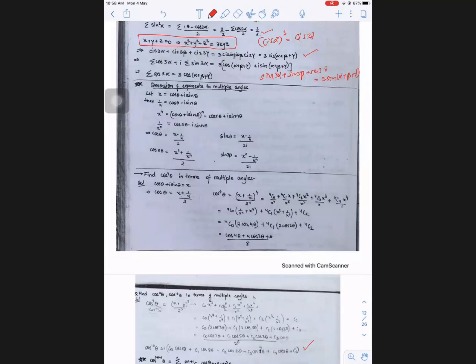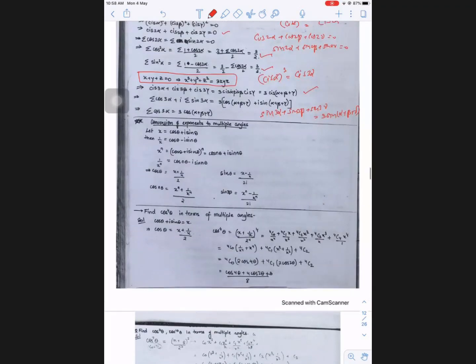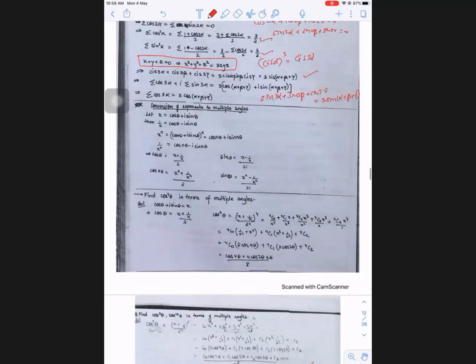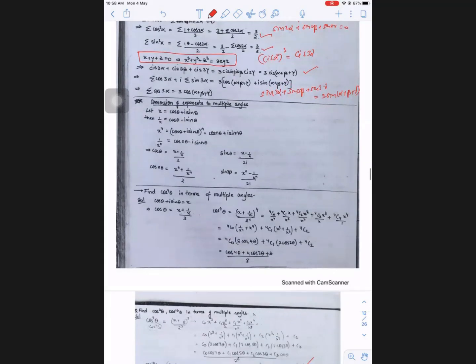One more thing: just now we discussed multiple angle formulas, where the multiple angle formula comes in terms of exponents or in terms of tan. Now, in reverse, if exponents are there, meaning cos power 4 theta or cos power 6 theta, how do we convert them into multiple angles? This technique is useful for us in integration. For that, you have to remember this starting result to solve all the questions.